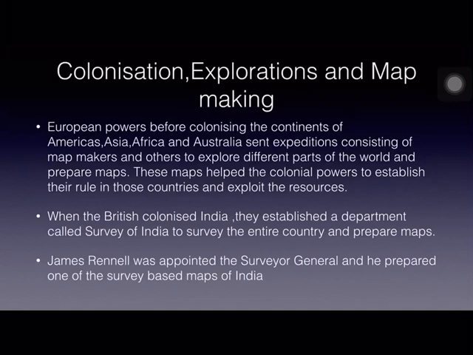And when the Britishers colonized India, they established a department which was called Survey of India. The name itself indicates that to survey the entire country, this department was established by the Britishers to find out which resources are available. They had to make a survey throughout the country so that they can exploit the resources, and prepare maps